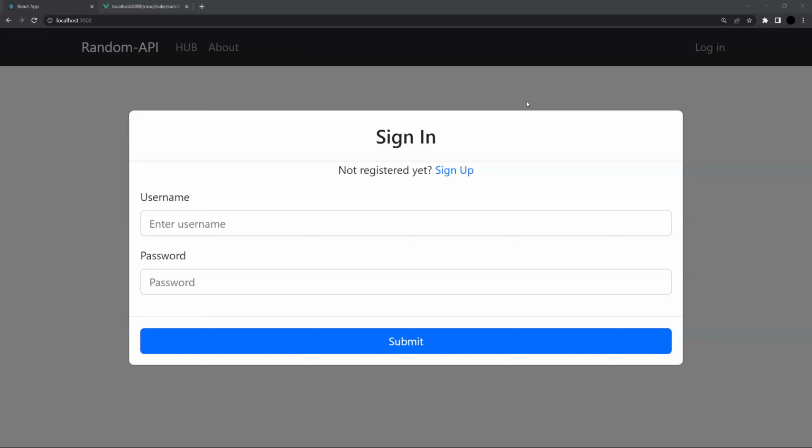We can use that application, or maybe when we need to add placeholders to HTML forms